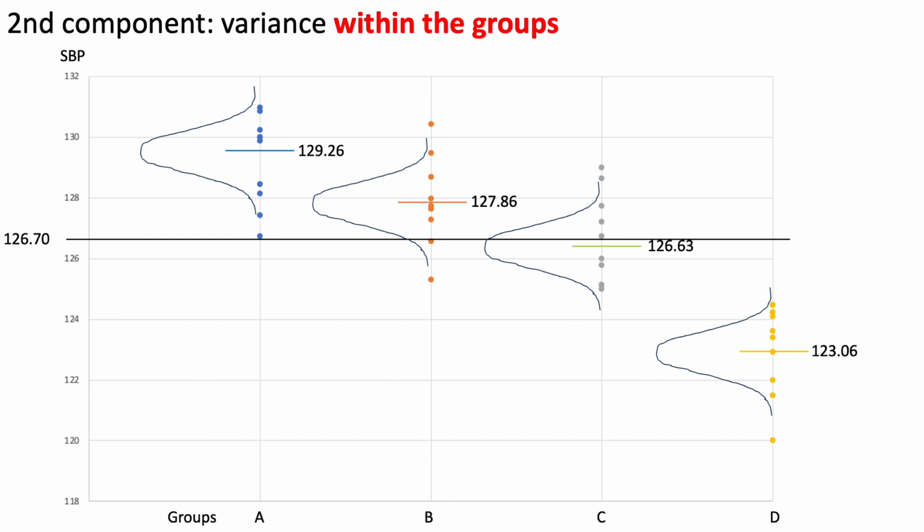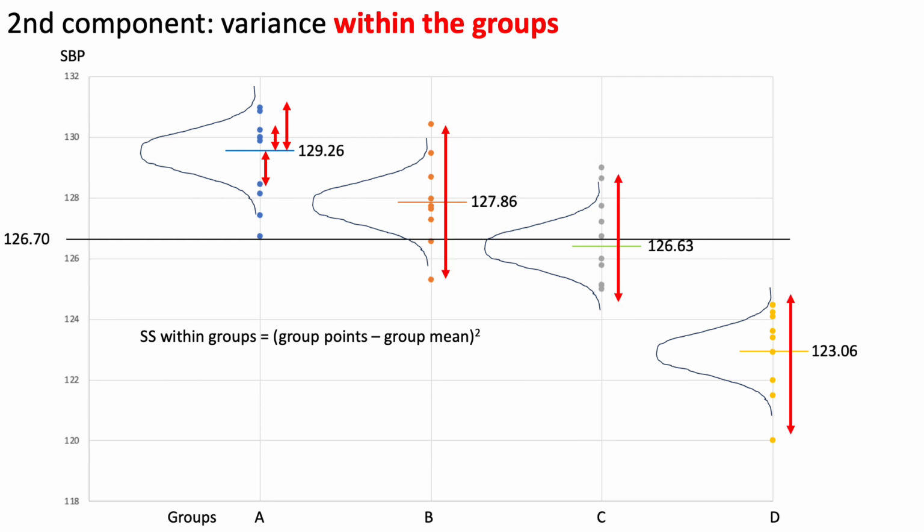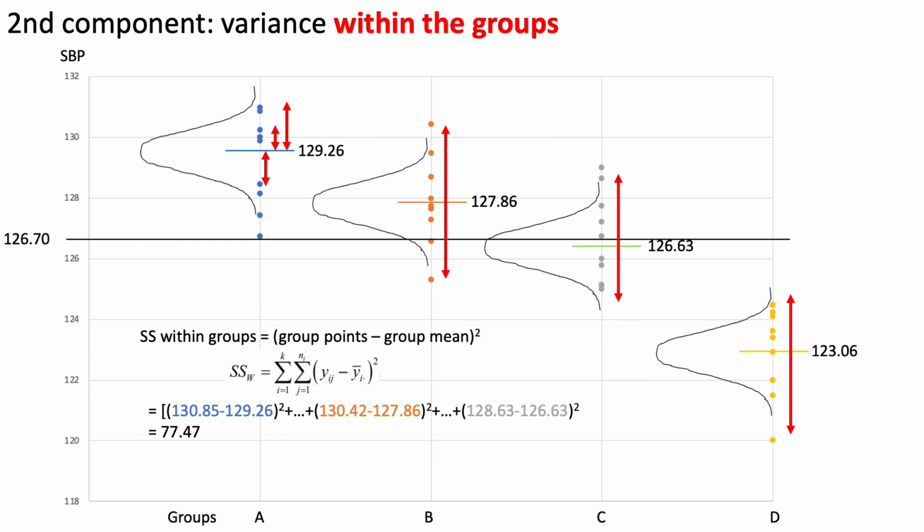Now my second compartment of the variance comes from within the groups, meaning what is the variance or spread within the groups. So the sum of squares within groups will come from the difference between each individual point and the mean of the group itself, not the overall mean. And this will give us the spread or the variance within each group. This is the generic formula, and I have made a calculation and I get 77.47 as the sum of squares